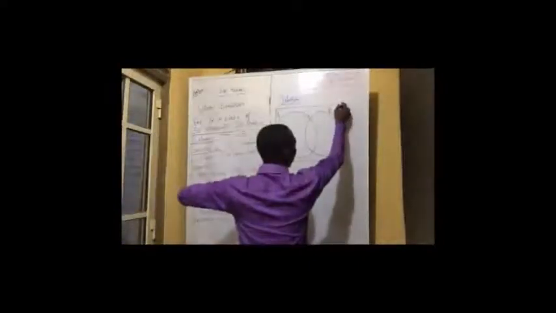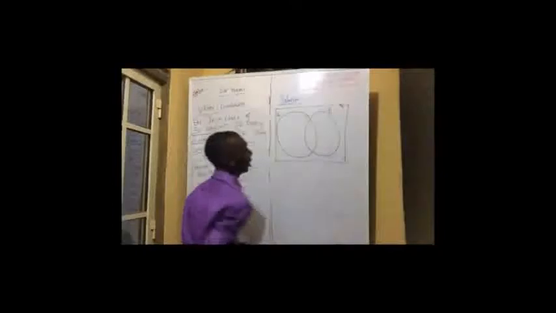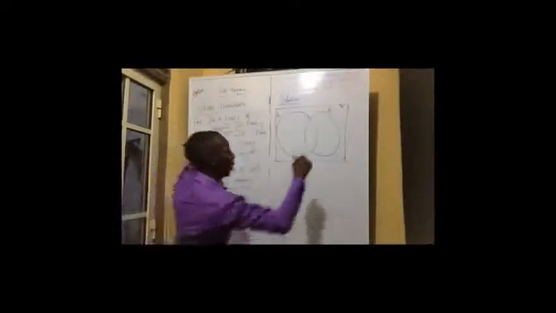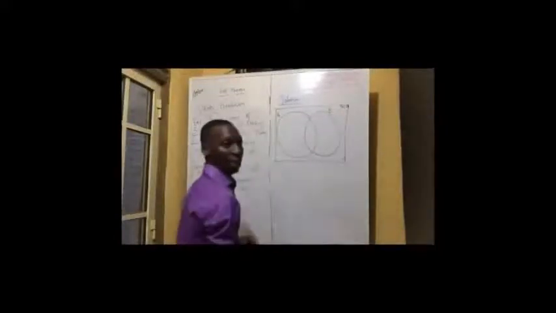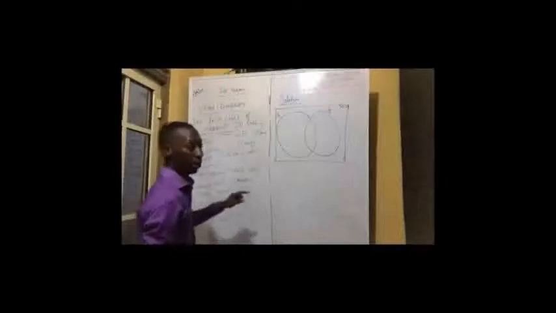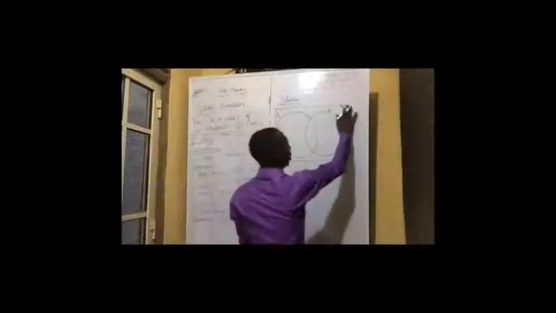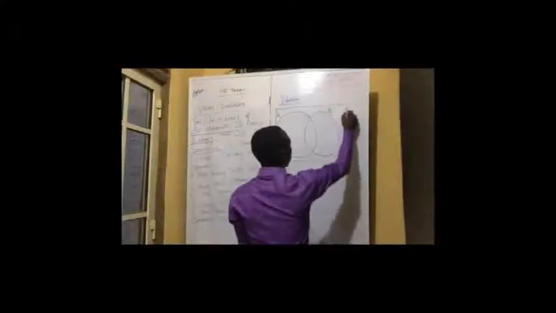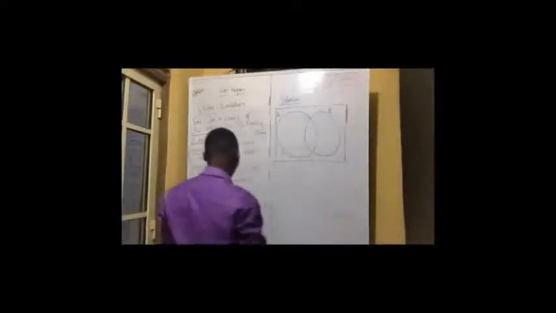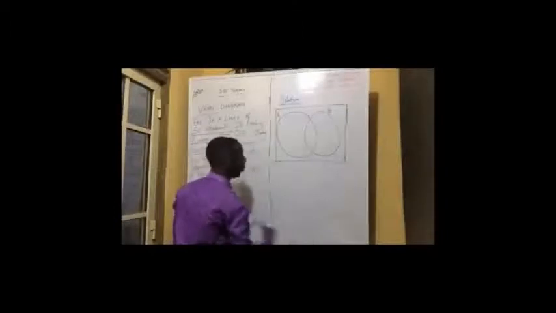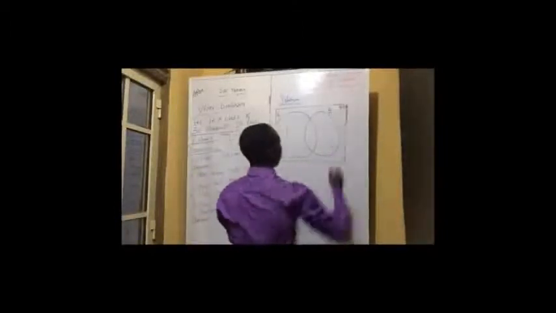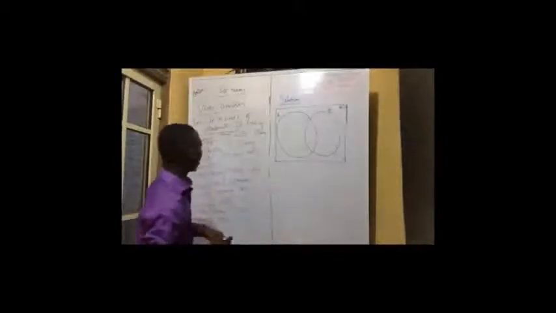You know how you're always denoting the universal set, something like this. Now you are told that there are 50 students in that class. That is my universal set. I hope you can see these things. Let me take a different marker so you can see that very well. There are 50 students in that class, isn't it?